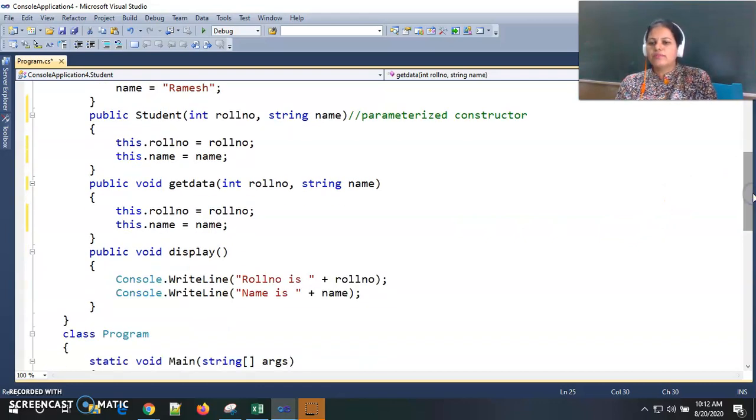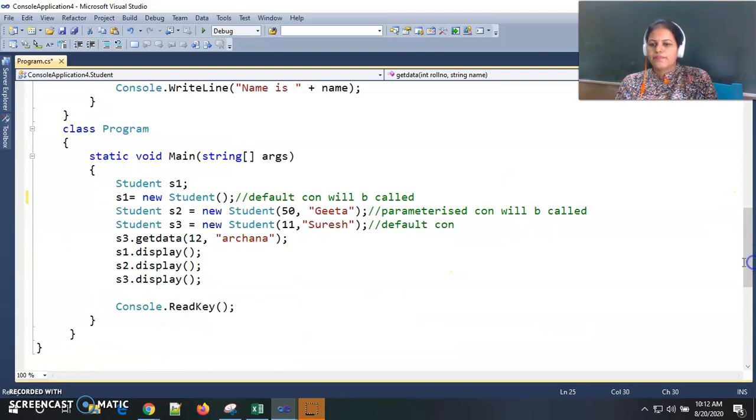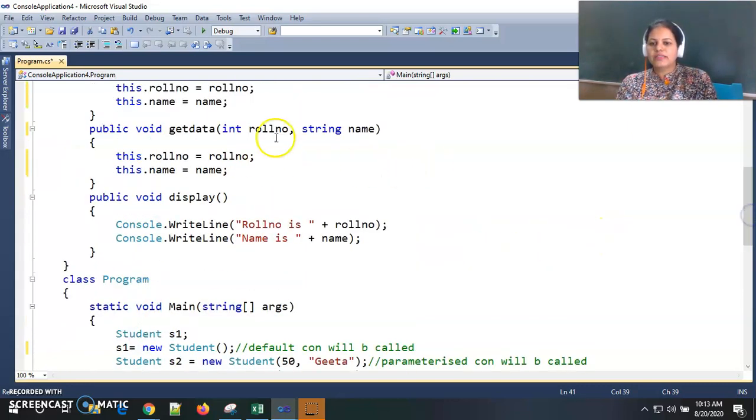Whenever I am calling this getData function with the S3 object, when I call S3.getData by passing 12 and Archana, 12 and Archana are respectively stored in the roll number and name parameters. Now these parameter values are stored inside this dot roll number.